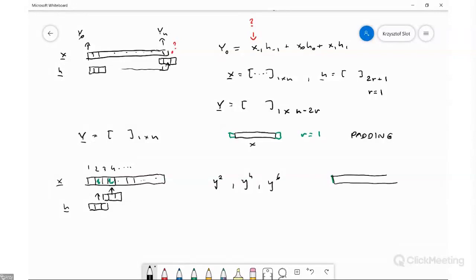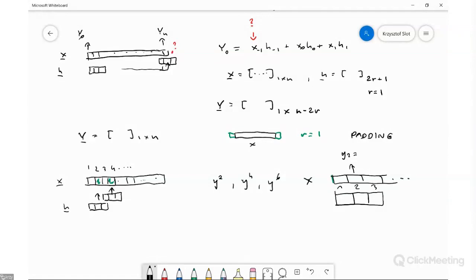So if I apply my filter, this is my x, and this is my filter. So if I apply it at position number 2, and these are positions, this is position 1, this is position 2, this is position 3. So if I center it around cell number 2, then I can compute the output y2, because